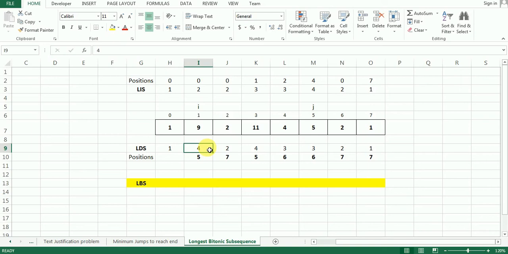All right, so I move J one cell to the left now. Is 9 greater than 4? Yes. So 1 added to this 3 is going to get me 4. Nothing happens because 4 is already here. J moves one cell to the left. Is 9 greater than 11? No. Nothing happens here.